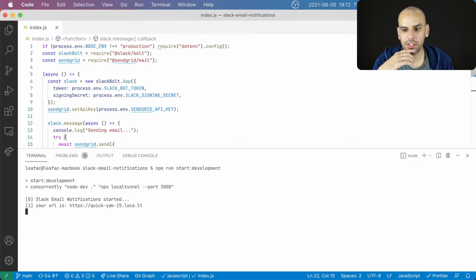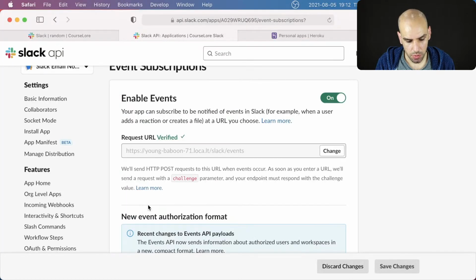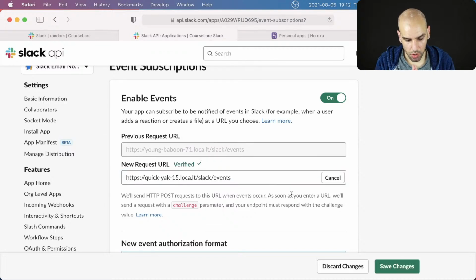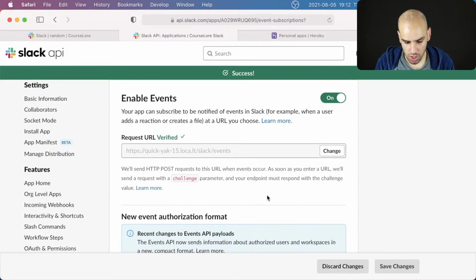So GSPT 4760, you can see the hardest part is not sharing your keys accidentally. Deploying to Heroku is relatively easy. Okay, so we have here a URL. We can come to the API stuff, change it, Slack events, and then hope for the best. All right, save the changes.